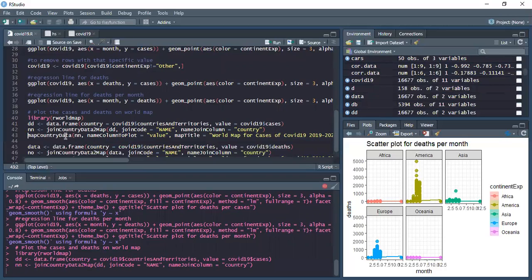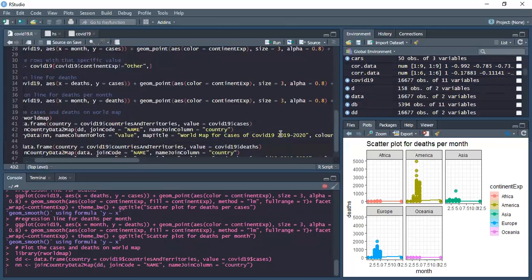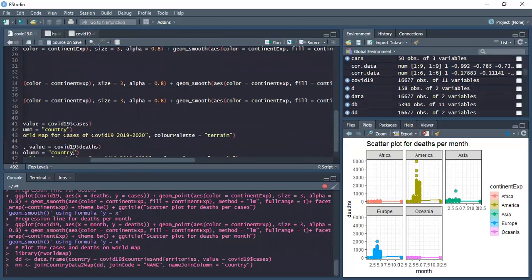Then we map country data to the world map with the name column to plot the value, which is cases, and the title of the map, world map for cases of COVID-19 2019 2020, with the color palette of terrain.